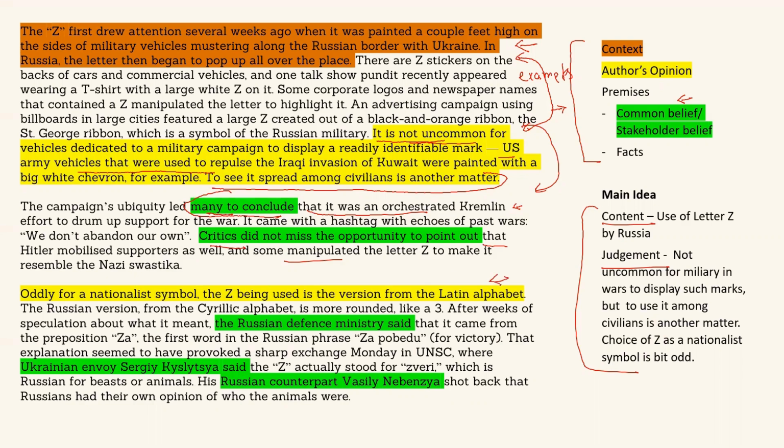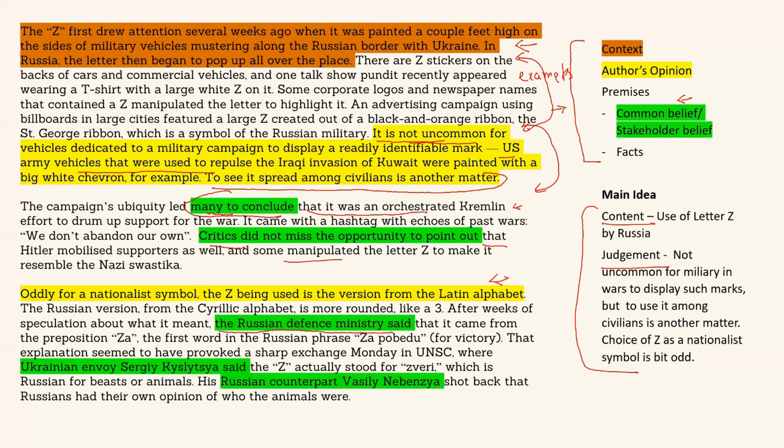Now in the last paragraph again, the author has given his view. The first line: oddly for a nationalist symbol, the Z being used is a version from the Latin alphabet. And then he has told why he thinks so. Then there are the views of stakeholders, on what the purpose of the letter Z is, what its meaning is. After weeks of speculation about what it meant,